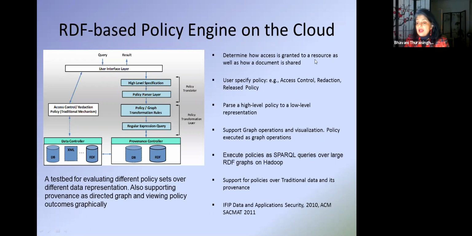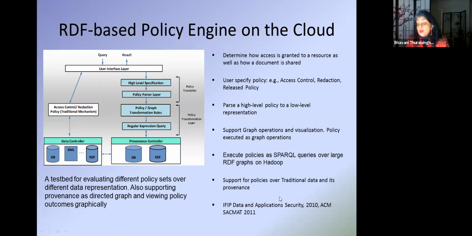So determine how access is granted to a resource, as well as how a document is shared: user-specified policy, access control, redaction, release policies. Pass a high-level policy to a low-level representation, support graph operations and visualization, with policy executed as graph operations. Execute policies as SPARQL queries over large RDF graphs on Hadoop, with support for policies over traditional data and its